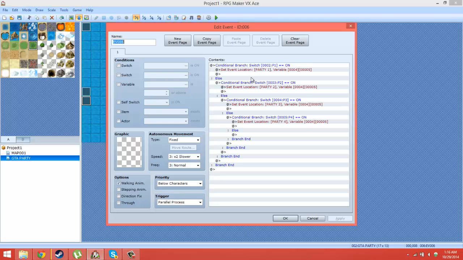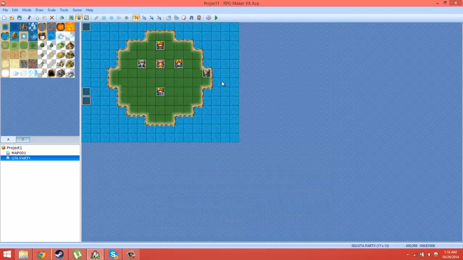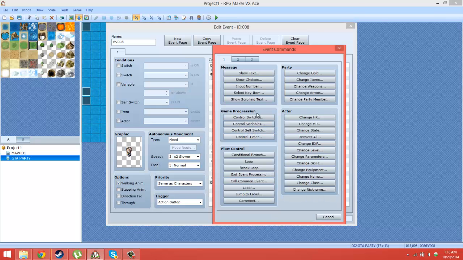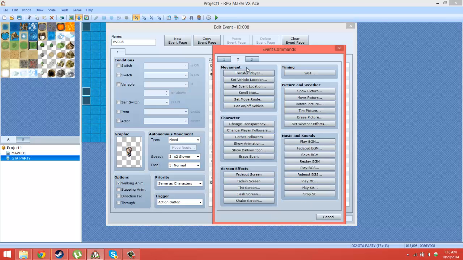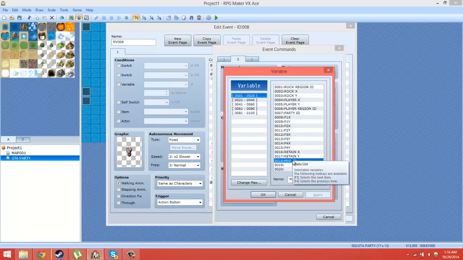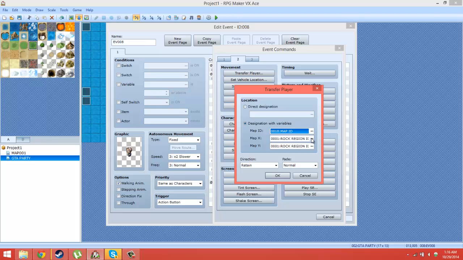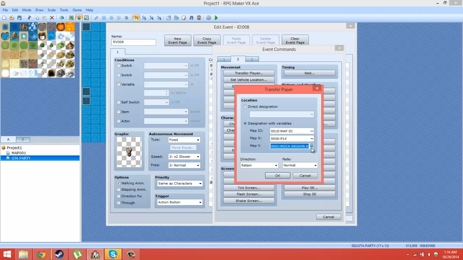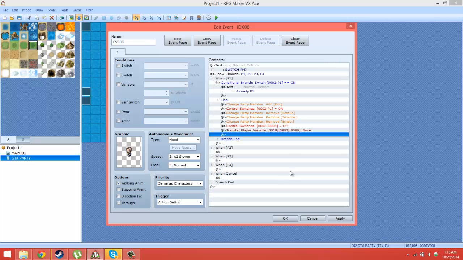All right, so go here. Oops, not there. Go here, insert set transfer, designate map ID equals map ID, map X equals P1X, and the Y is P1Y. Retain fade none. Okay,